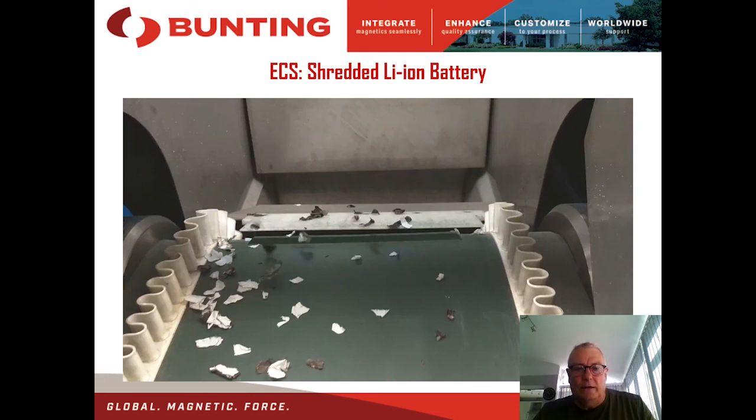where we are running the eddy current separator, and we're processing shredded lithium-ion battery material. Here we have plastic from the shell, the lithium-ion car battery, which is used as an electrolyte barrier and used for containment of the electrolyte. And we have anode and cathodic material, which is aluminium and copper,